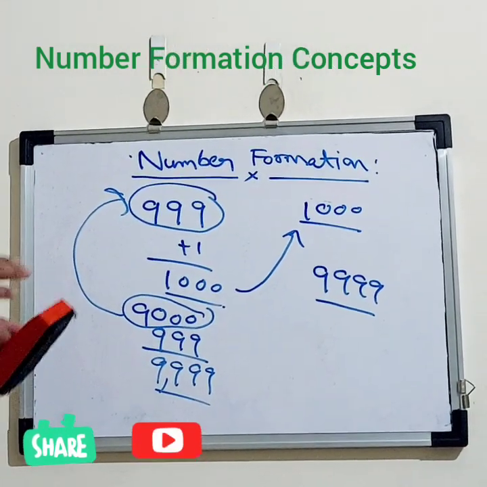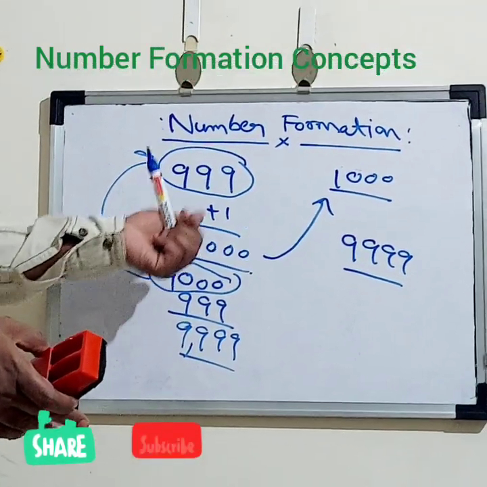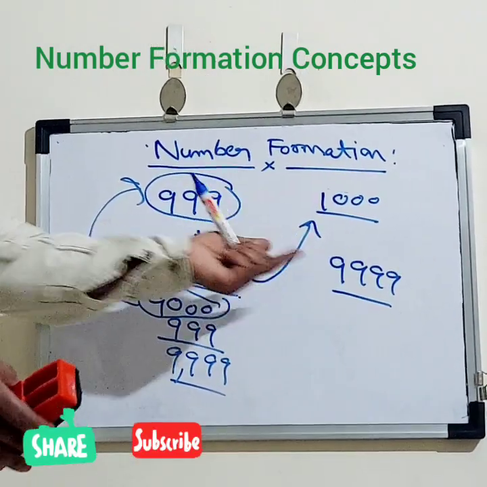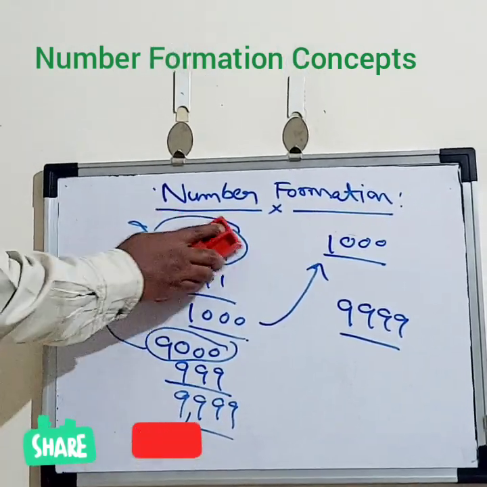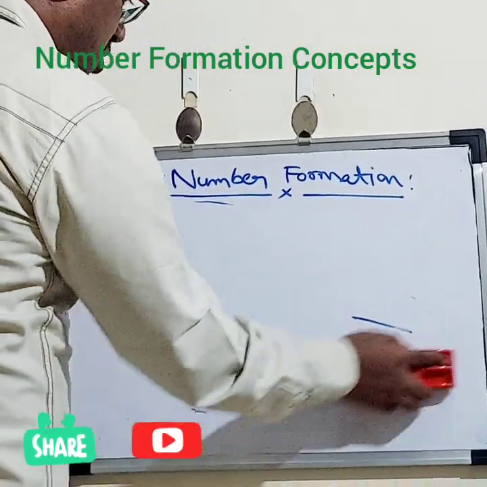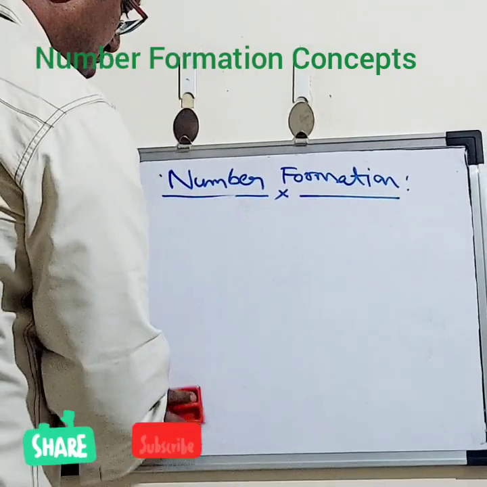This is the relation when the given number is 3 digit and you want to find the smallest 4 digit number and the highest 4 digit number. Now we will see one more problem. These are all small problems. I am taking these problems with respect to primary students only.